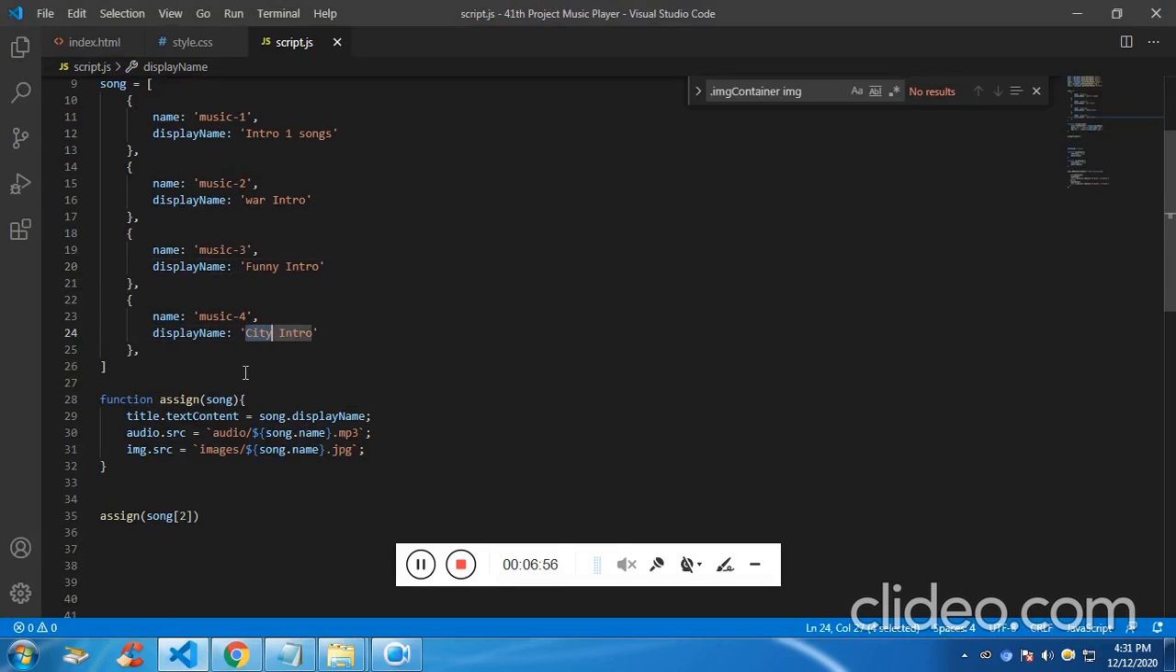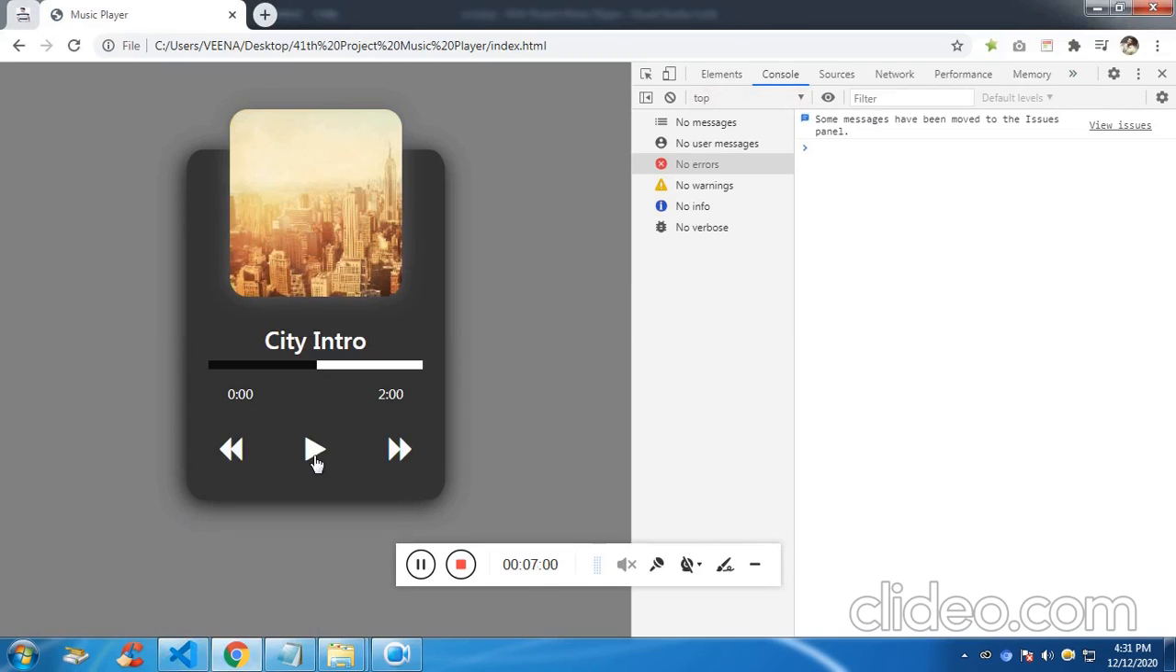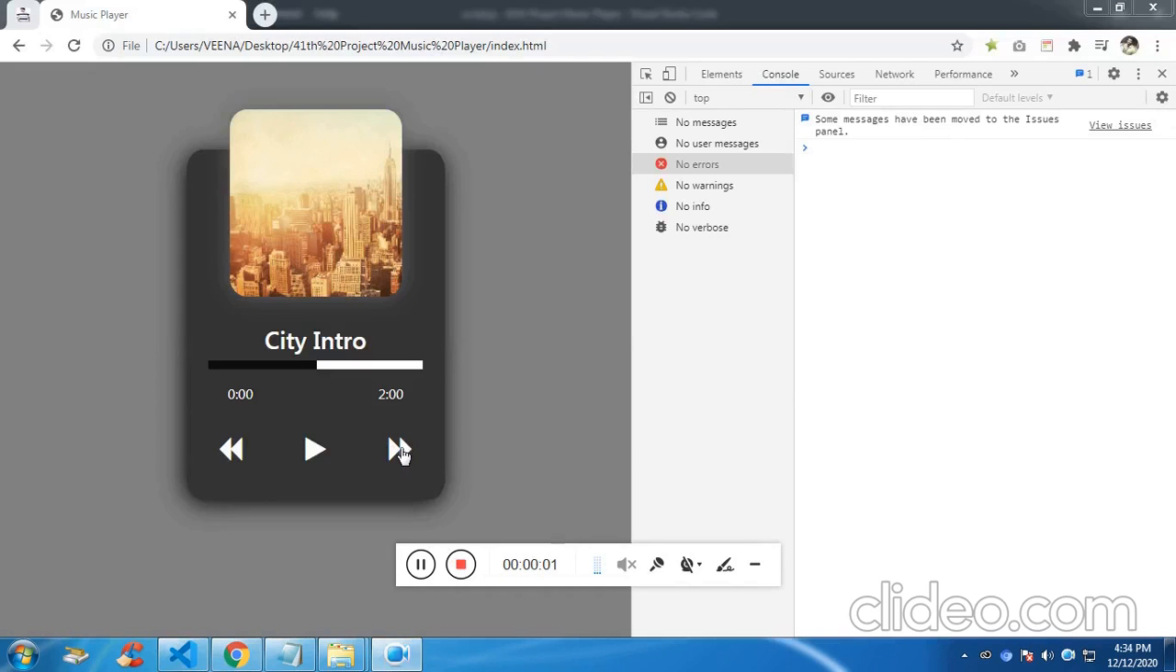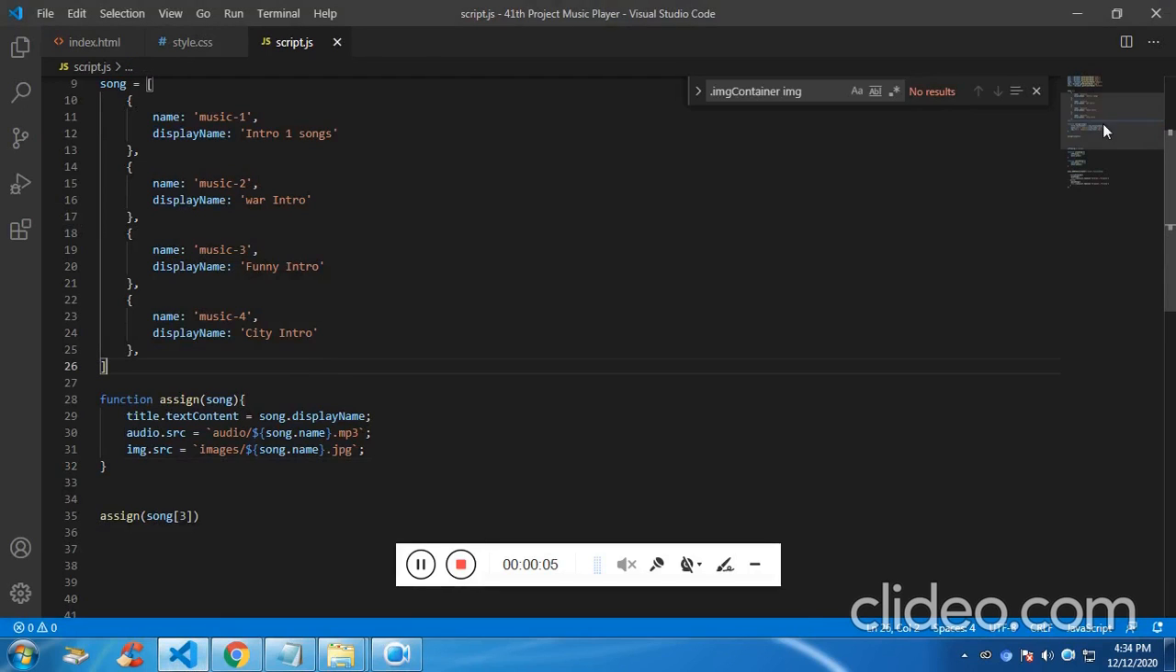So let's get into the fourth one. Fresh. This is it. Fine, it is working. So now we are going to see when I click on this button, I want the next song to play automatically. So for that,